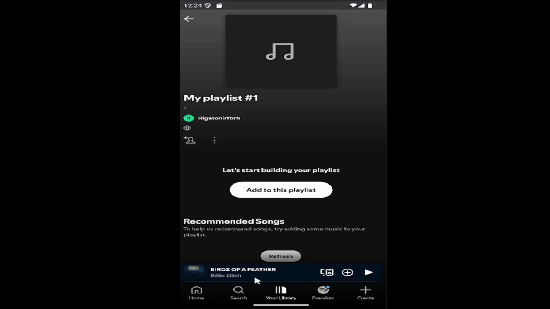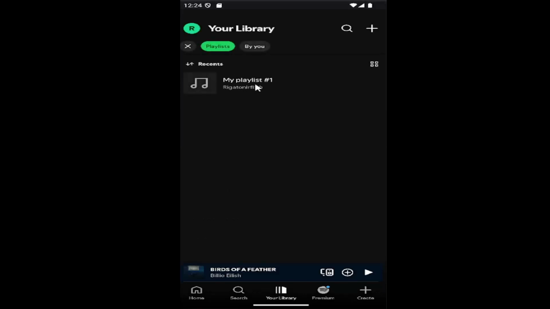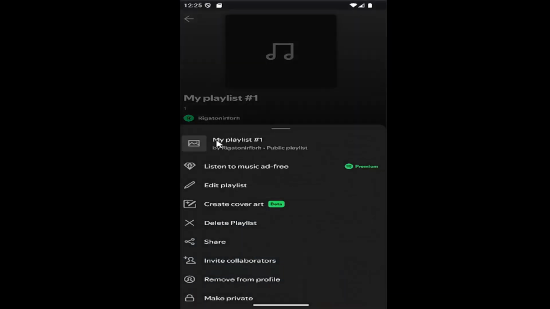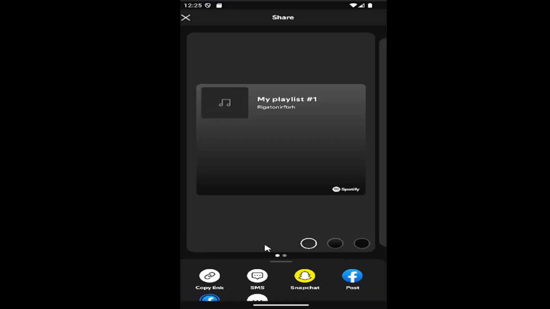So all you have to do is sign into Spotify, select your library at the bottom, and then locate your playlist, and then select the playlist in question and the three-dotted icon next to your little user icon here, and then select where it says share. And then you can select friends, or if you want to just do the copy link, you can do that too. And then once you've done that, you would just be able to go ahead and select the playlist you